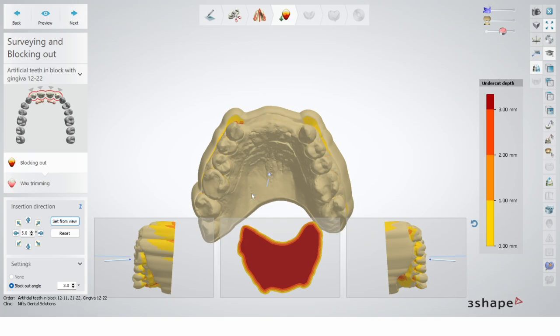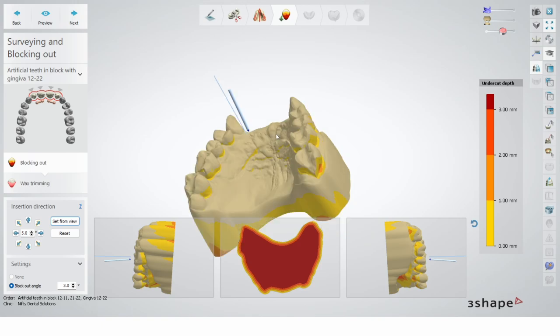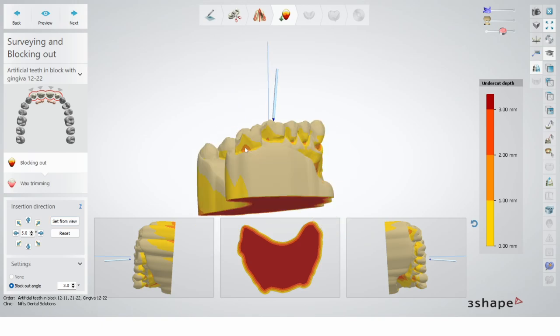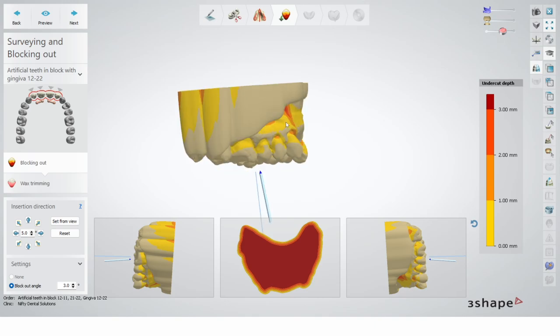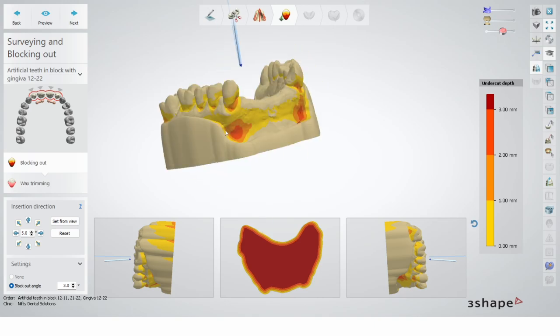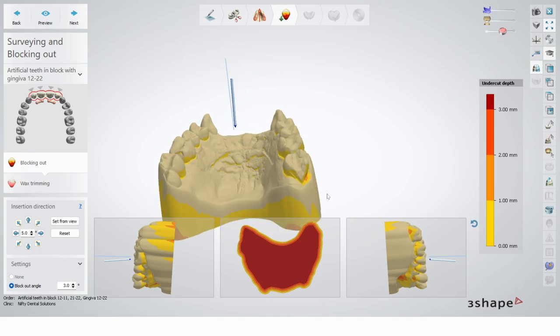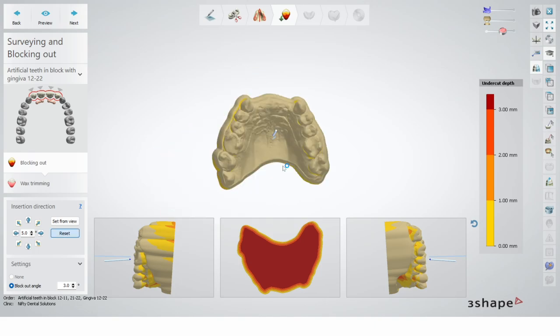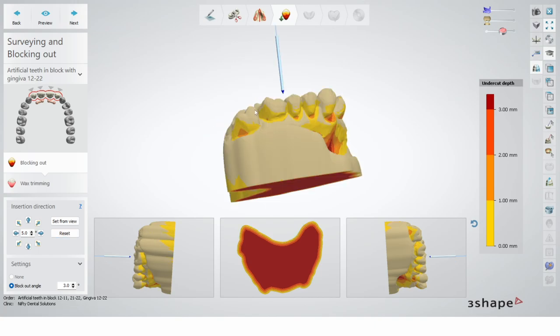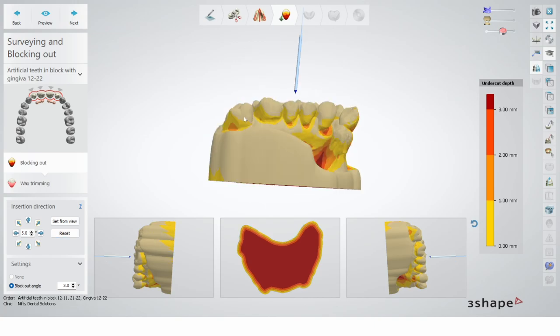Obviously, I didn't understand what I was doing, or I thought it was the right thing to do. I changed the insertion direction a bit, kind of this way, to ease the undercut, but in reality, I was just complicating things. So my advice is keep it as the software recommends, and in case it's not centered 100%, you can incline it a little bit.